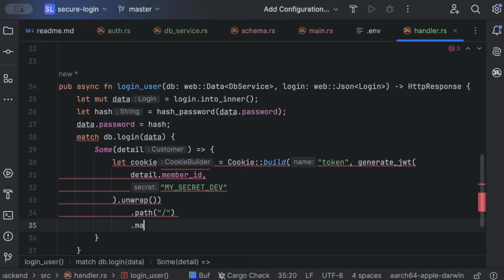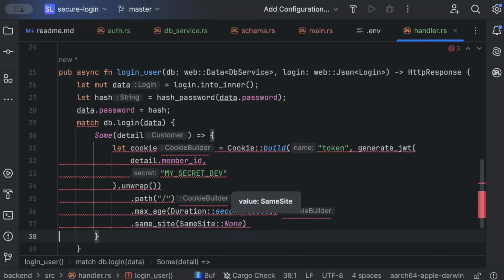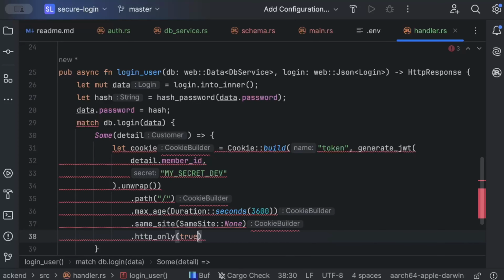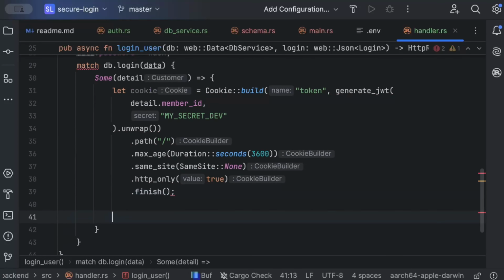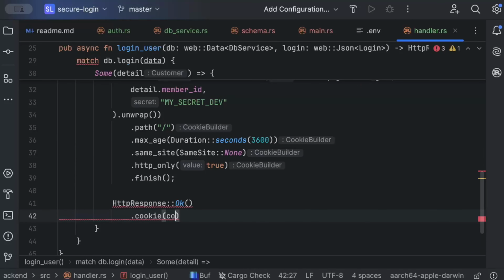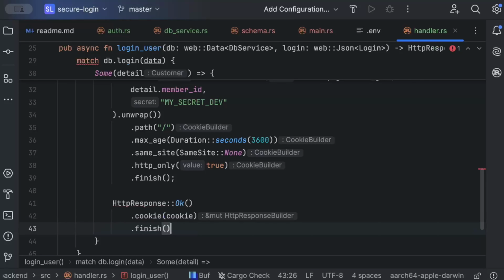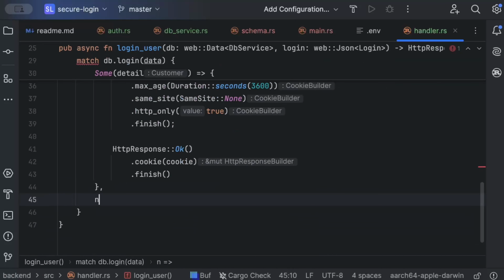Slash, and max age: duration seconds 3600 seconds, same as the expiry of our token, and same site as none, HTTP only as true, so it's not exposed in the browser, and finish. So we have our cookie, and then we'll just set a response Ok with cookie, pass the cookie and finish. And in case of a not happy response, in case we get a None,